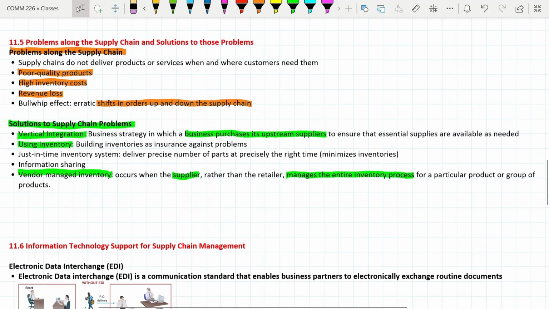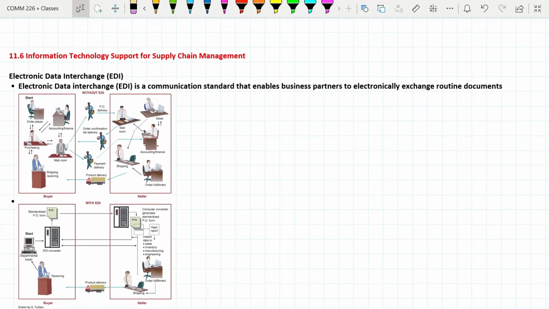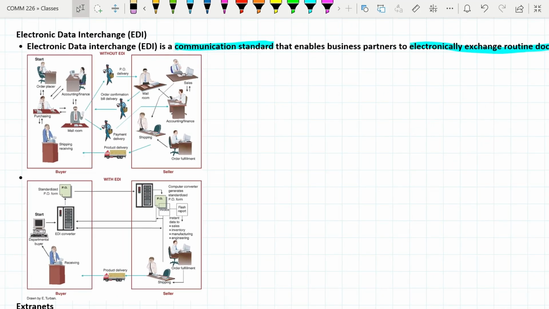So 11.6, information technology support for supply chain management. Electronic data interchange, or EDI, is a communication standard that enables business partners to electronically exchange routine documents. So you can pause the video and look at the diagram here showing how EDIs work in a company